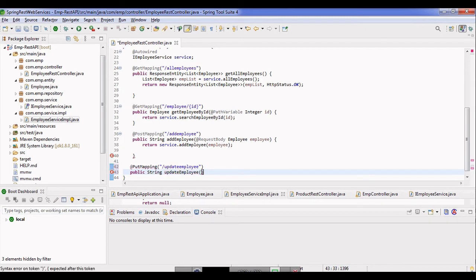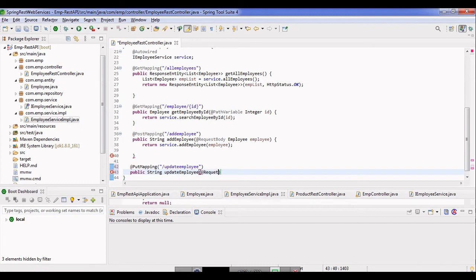Now, when the client is going to call this endpoint, it is going to pass the employee object that is to be updated in the request body. So the object which needs to be updated is going to be passed in the client request body. To bind the employee object in the request body with the method parameter, we have the @RequestBody annotation, as I told in the add employee endpoint also. So we're just going to write similar code as we wrote there.